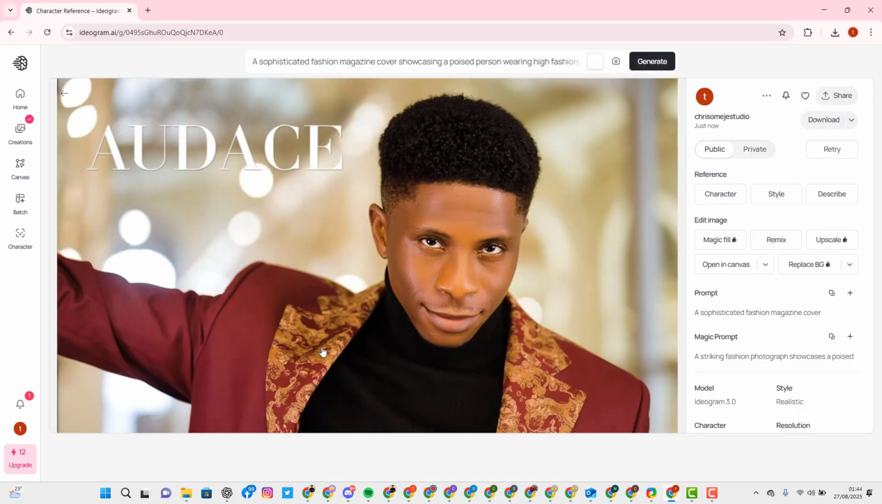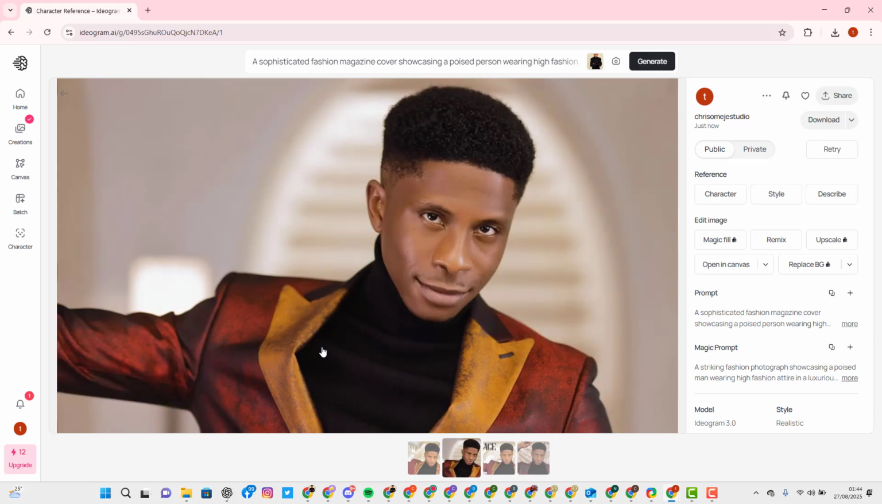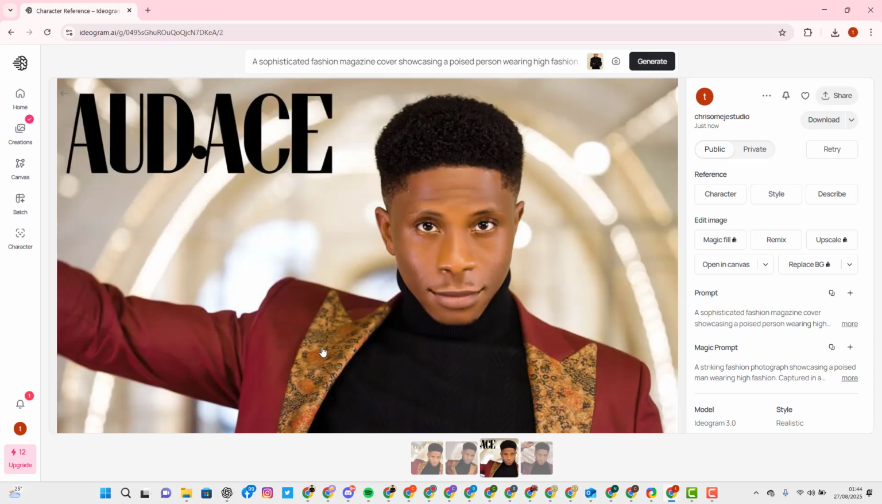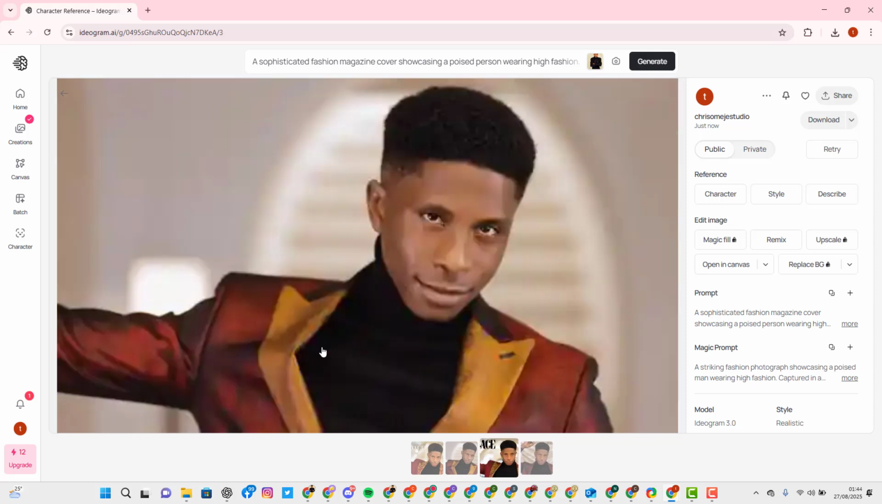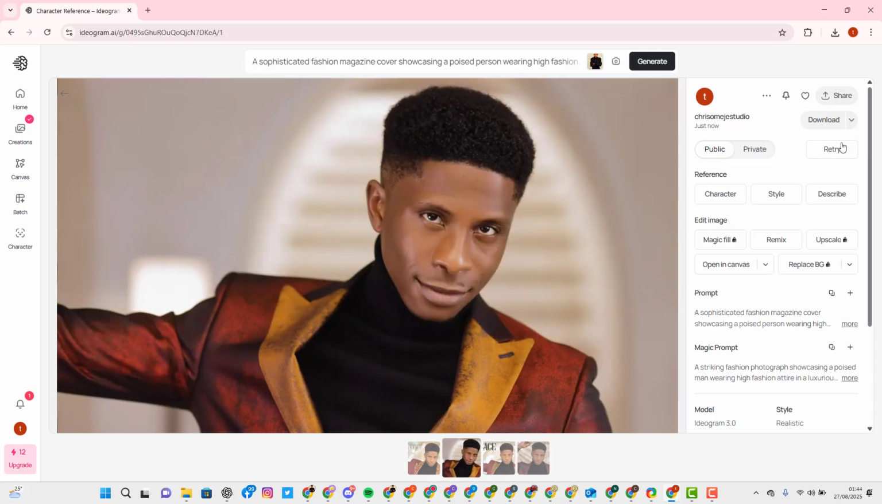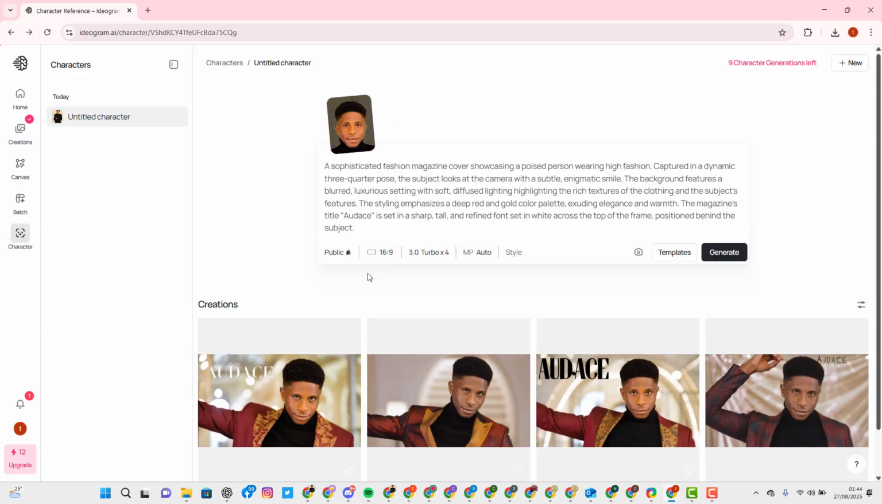So amazing guys, if you look at it, this looks exactly like me in different clothing and everything. If you look at it, exactly like me, as if I am the one that took this picture. So this is what you can do with this character feature right here on Ideogram. So right now, let's go ahead and create your talking AI avatar